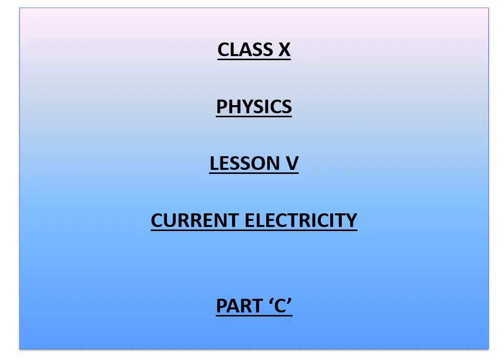Children, we are dealing with the lesson current electricity. Till now, we have studied about electric current. It is represented by I, and a potential difference, it is represented by V. So in today's class, we are going to continue the lesson using I and V, what you have known. So listen carefully, be attentive, and complete the works and share the pics.